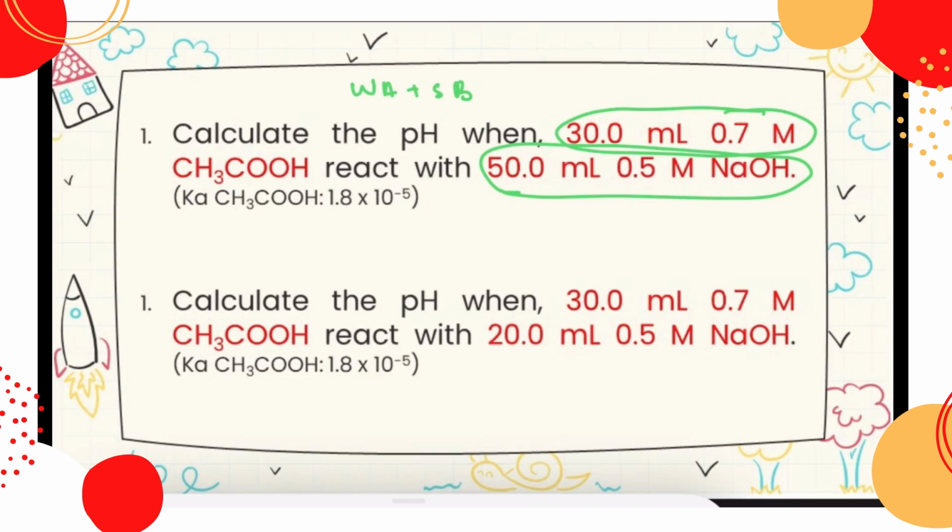Okay. So now let's look at question number 2. Calculate the pH when 30 ml of 0.7 molar acetic acid reacts with 20 ml of 0.5 molar sodium hydroxide. Right? So now we still have to follow the same technique or the same procedure. We begin with writing the balanced chemical equation. The reaction is between acetic acid plus sodium hydroxide produce